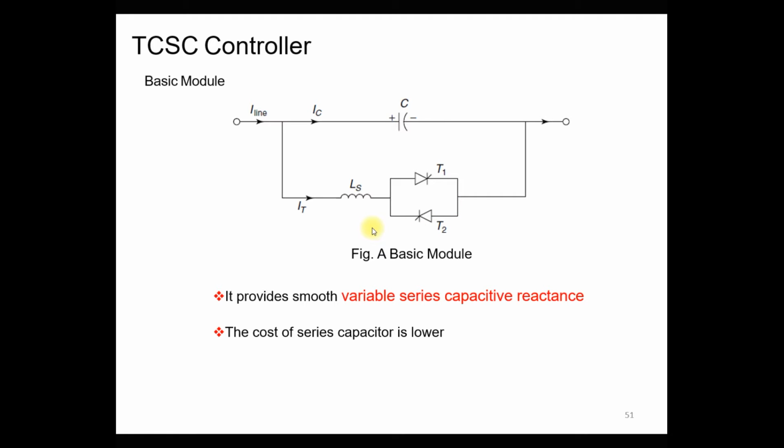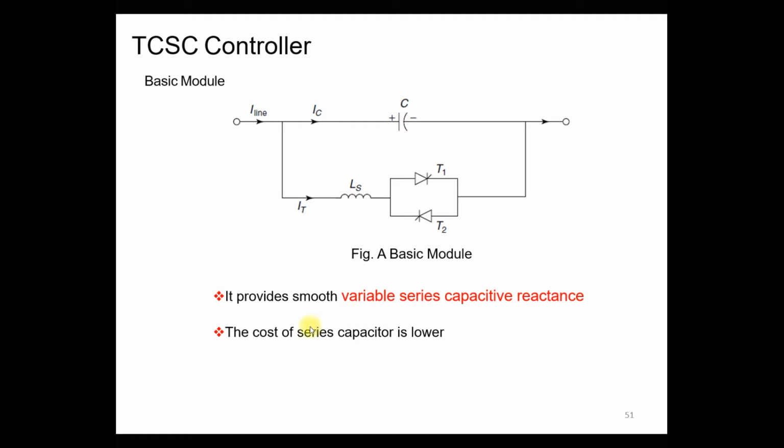You already learned the thyristor controlled reactor, so understand how it works. By changing the firing angle, it controls the reactive power injection and absorption. Then in parallel we connect the fixed capacitor. This combination injects or absorbs the required amount of reactive power into the system and increases the power transfer capability of the transmission line, or we can say it increases the line loading as well as improves the voltage regulation of the line.